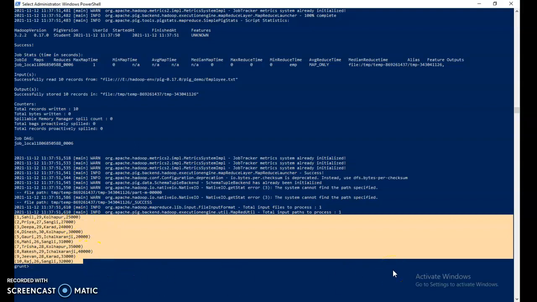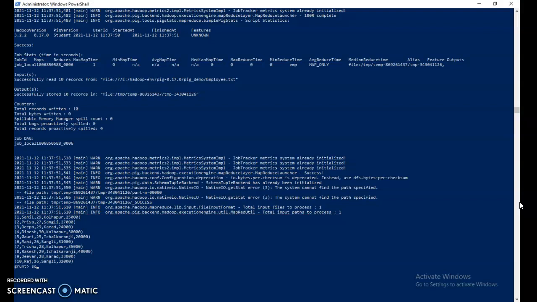We will use the order by command for sorting the data set. I will use the identifier sort by sal, as we are sorting this data set based on salary. Use the order by clause.